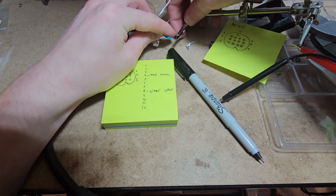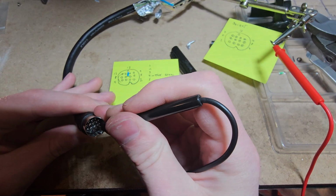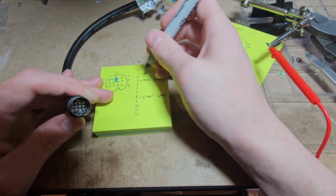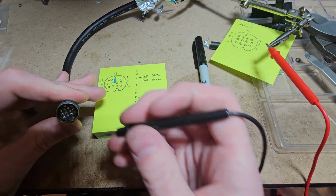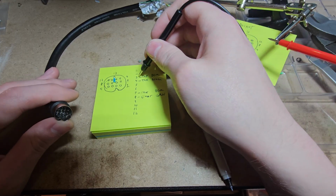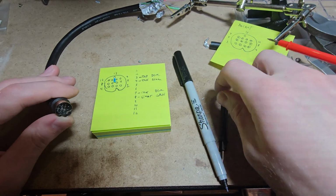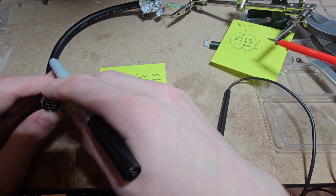All right, let's try this. My guess is it's going to be one of these bottom ones. Oh, yep. Thick blue is pin 3, which means I'm guessing that 7 right up above it is going to be the clear one. Yep. And pin 3 is one that we need, as is 7, so that's useful. 4 and 8 we're not going to end up using, but we have them mapped out for any other projects that we might use this same cable for,